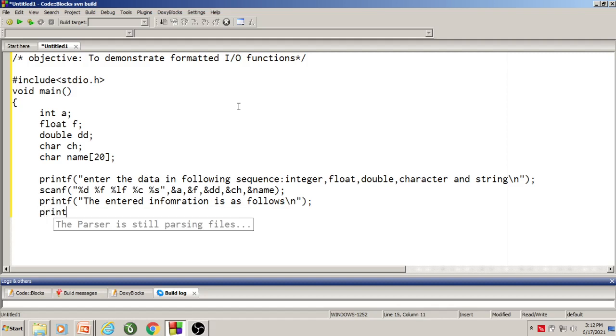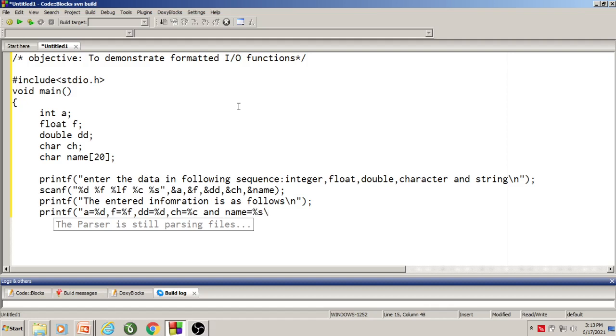So next I write a printf statement to display the information, that is a equal to %d, b, f equal to %f, dd equal to %d, ch equal to %c, and name equal to %s.